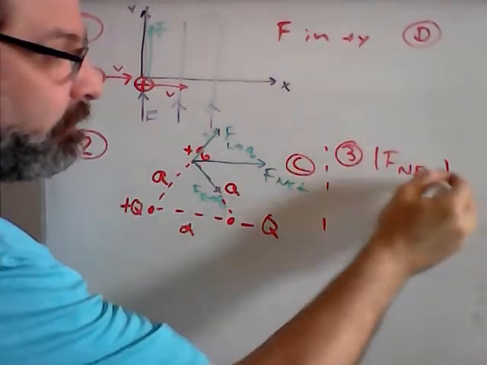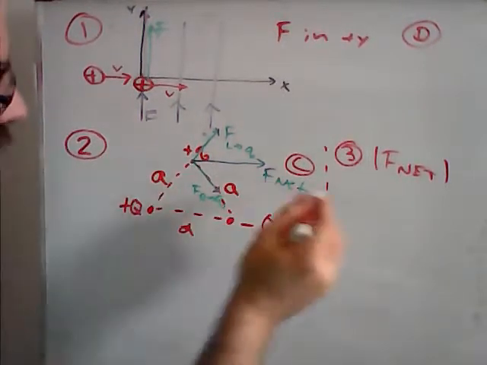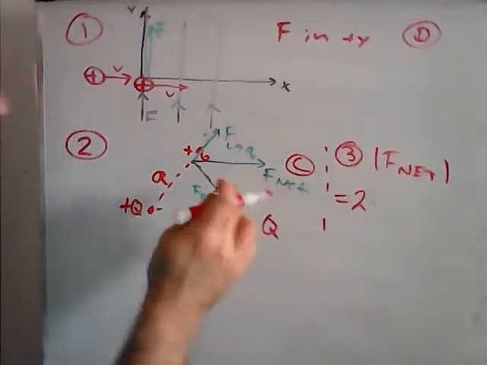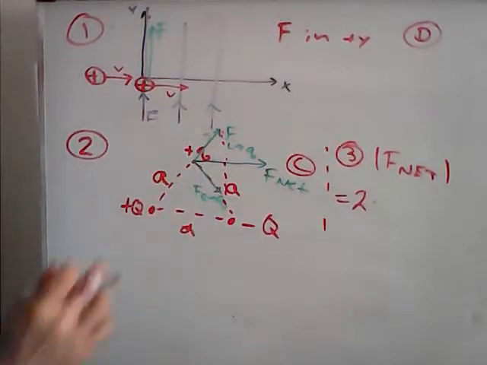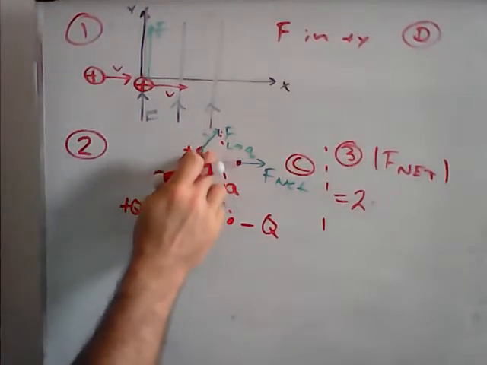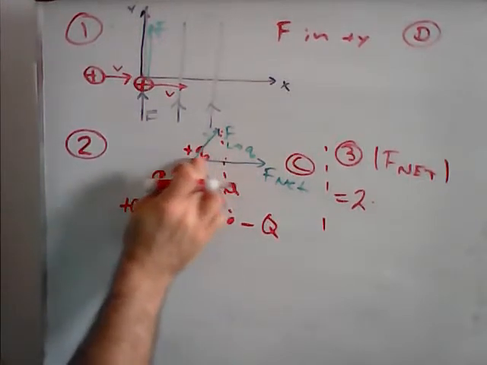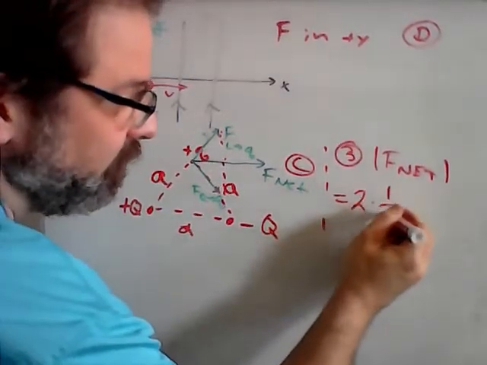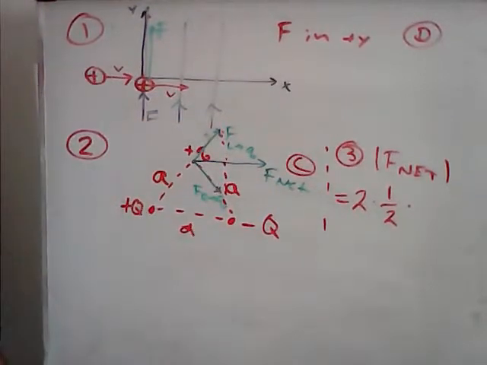net magnitude. Well, let's think about this. Looking at this diagram, F net magnitude is going to be equal to twice, because there's 2 of these, 2 of these together. And how long is one of these? Well, let's take a look. This one's 60 degrees. This one is 60 degrees. So this length right here is cosine 60 times the magnitude of that. Now, cosine 60 happens to be a half. Good. Cosine 60 is a half. And the magnitude of this arrow here, well, that's just